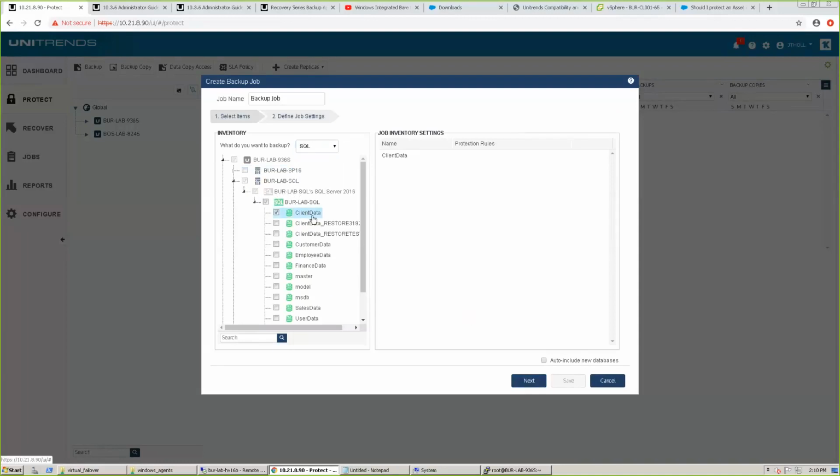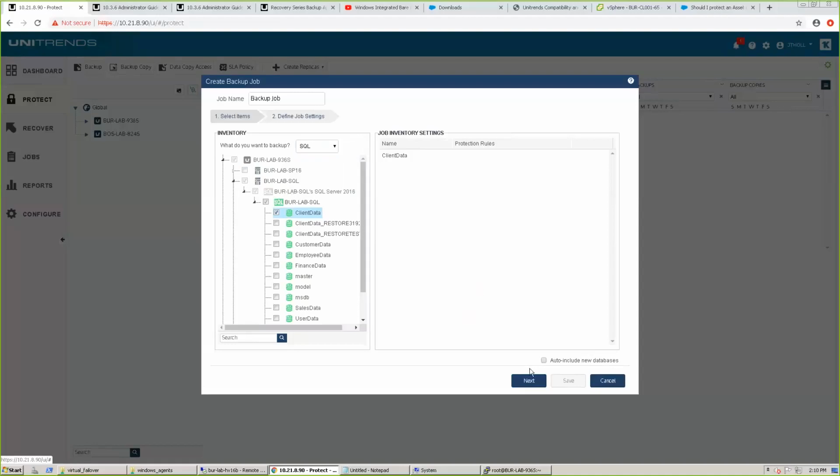Because this is in the full recovery model, which I can tell by hovering over the database with my mouse here, I know that I can run fulls, differentials, and transactionals. If the database was only in the simple recovery model, you can only run fulls and differentials. Transaction logs are kind of like incrementals where they're cumulative. It's everything that changed since the last transaction log, versus a differential is always everything that changed since the last